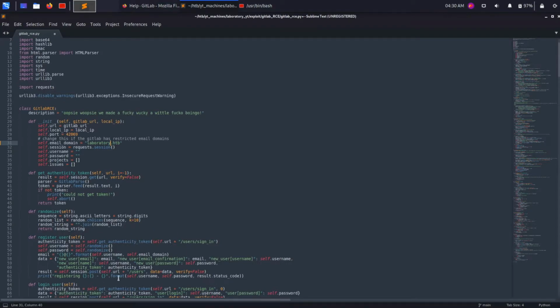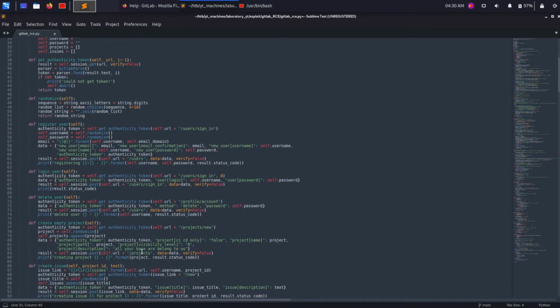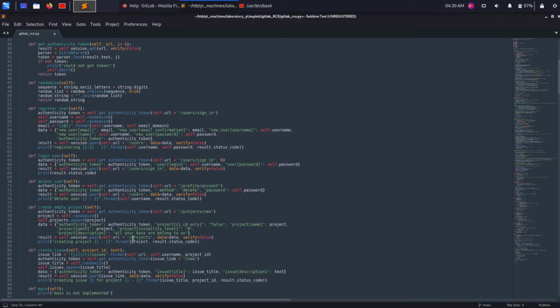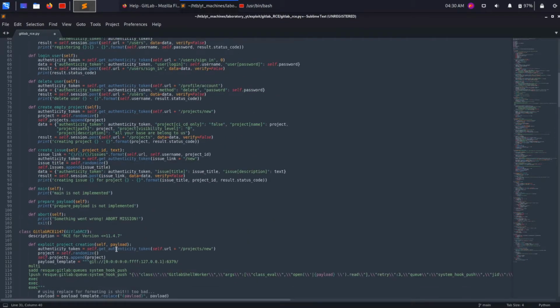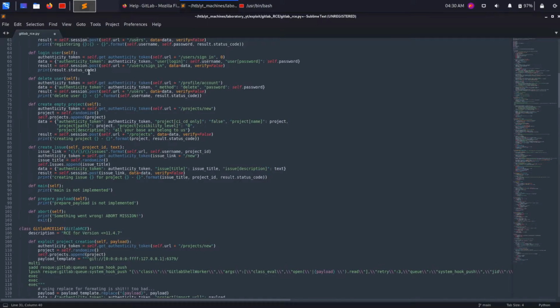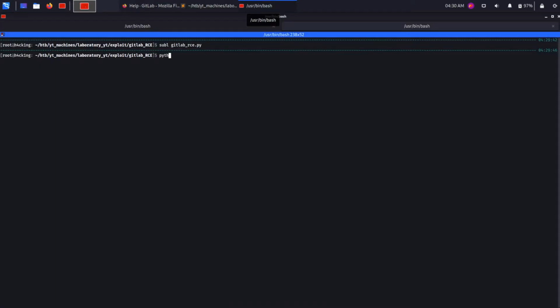And this looks like where it's going to create the user. And this is probably where it's going to create the projects. And this is probably the payload. So we can run it. So if we do python3 gitlab,